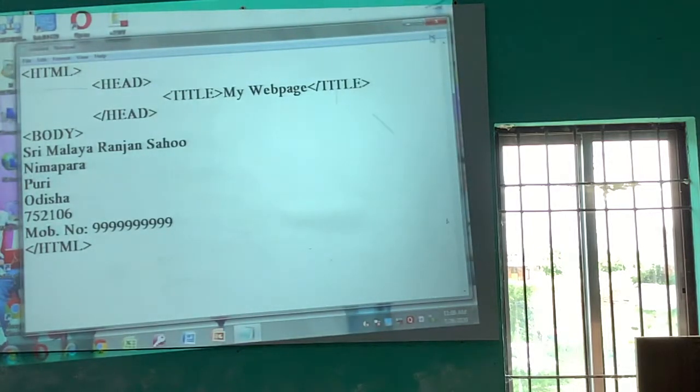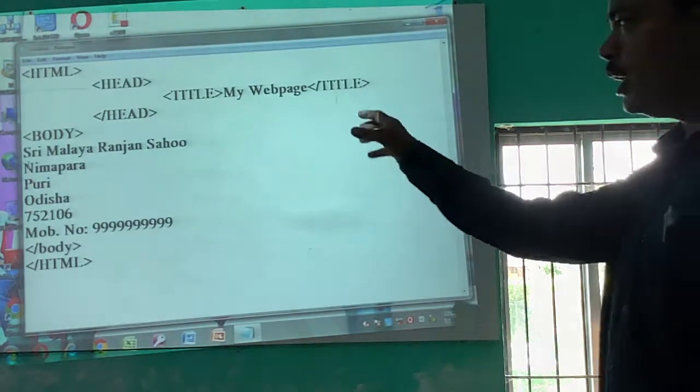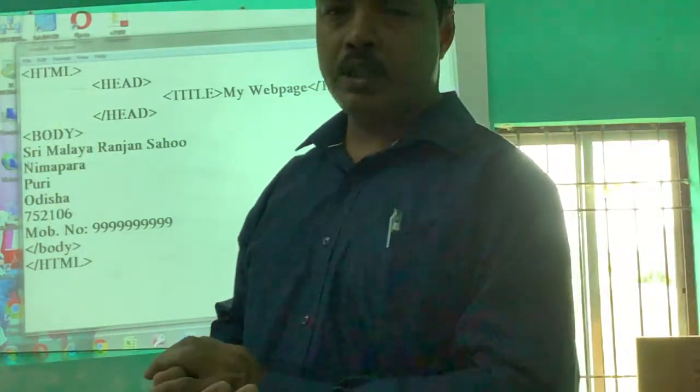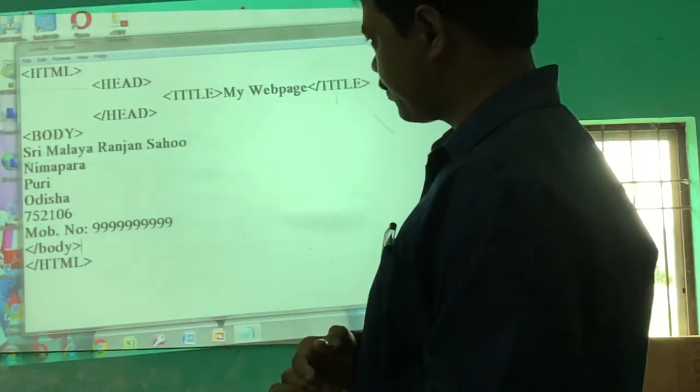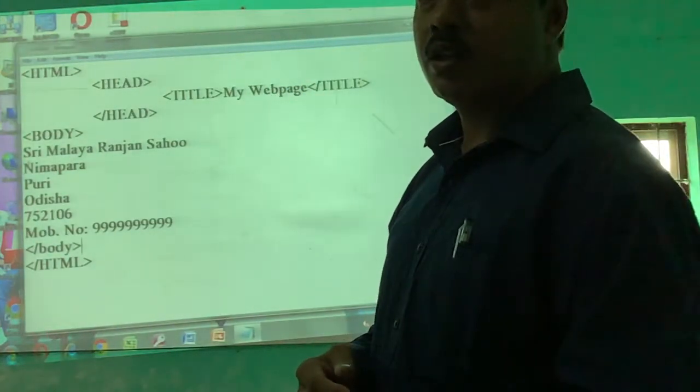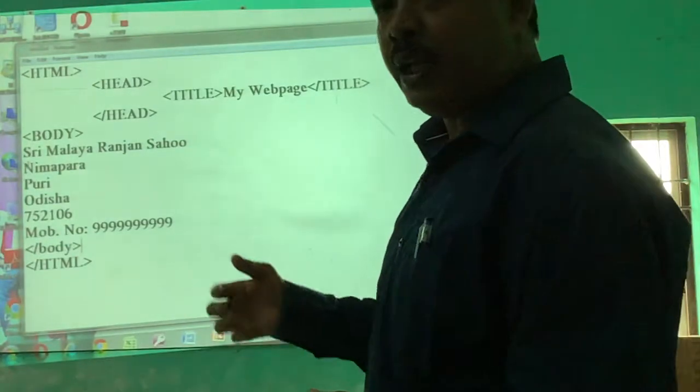The mobile number is this, and close the body tag. And the HTML tag is already closed. So save it. First save it. I am not giving any effects like bold, italic or underlining. We will demonstrate one by one.